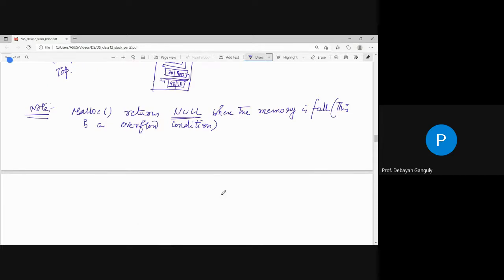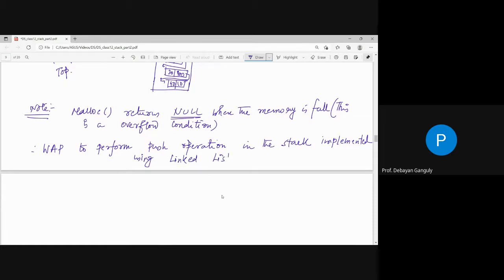So if I want to write a program to perform push operation in the stack implemented using linked list, এগুলো কিন্তু নিজেরা ইমপ্লিমেন্ট করবে হাতে করে, বুঝলে, যারা করনি। সো ইন দ্যাট কেস, ইফ দিস ইজ এ পুশ অপারেশন,